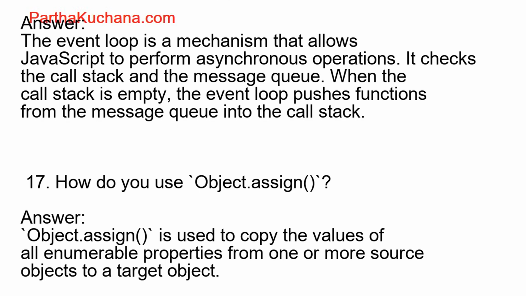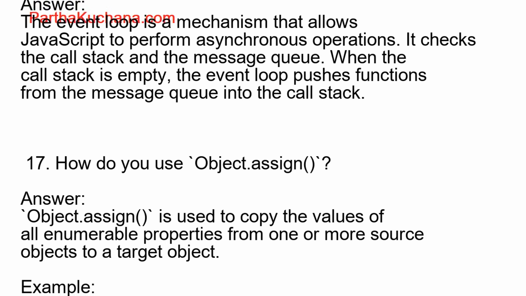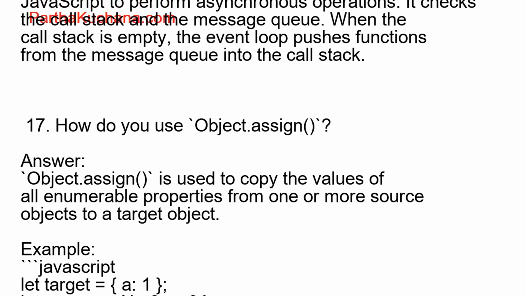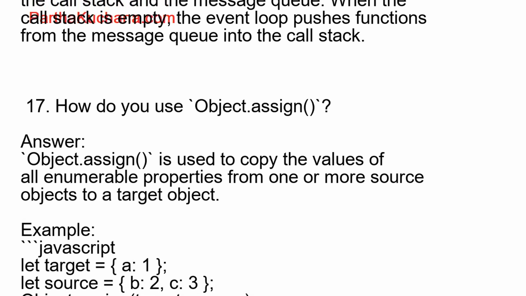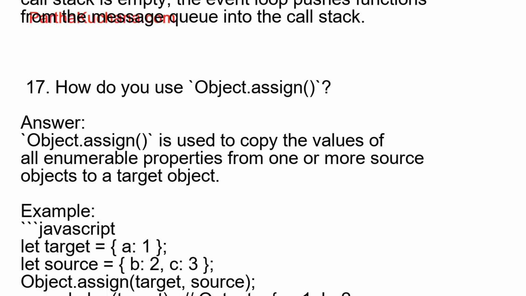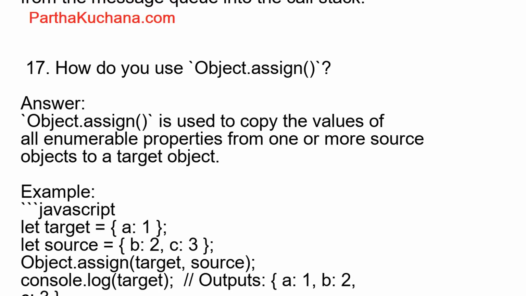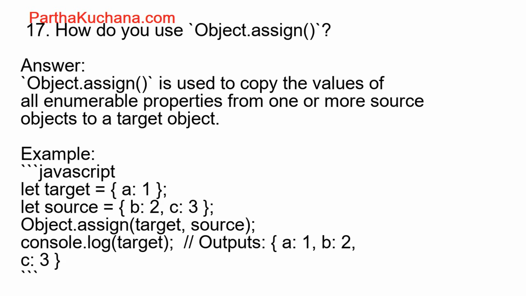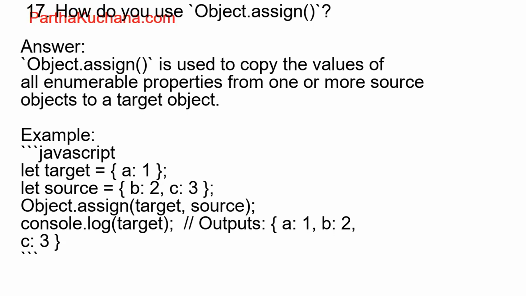18. What are immediately invoked function expressions, IIFEs? Answer: An IIFE is a function that runs as soon as it is defined. It creates a local scope and avoids polluting the global scope. Example, JavaScript: (function() { console.log('IIFE runs immediately'); })();